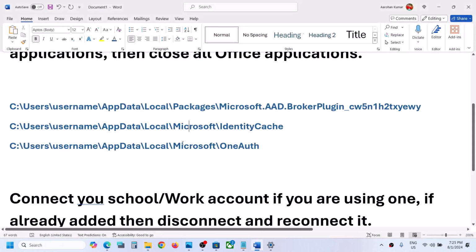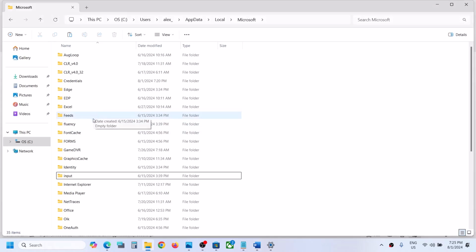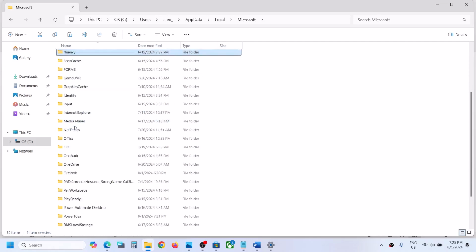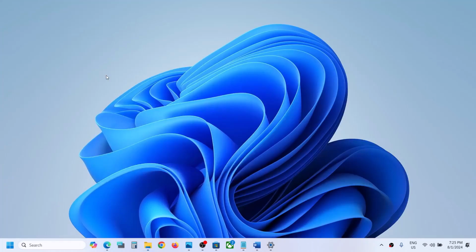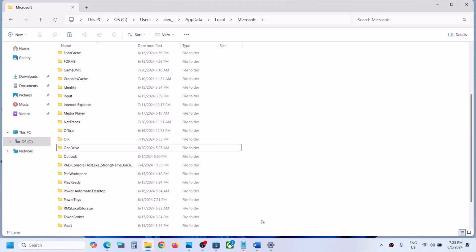Now again go to this location. In the same folder you will find the OneAuth folder. So here you can see the OneAuth folder. Again create a backup and then make a right click and then click on delete. Now once this is deleted,